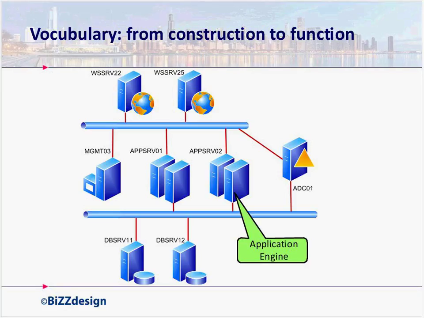So we said, hey, here we have a bunch of servers, and they have the role of an application engine. So they support and carry out an application. Then we have a set of boxes that are presenting the data and the information of the application, for example, by means of a web GUI to an end user. And we call that a presentation engine. But you can also see this as one form of a presentation engine, because you also have, for example, presentation engines that make it possible to print things on paper, or have some other sort of